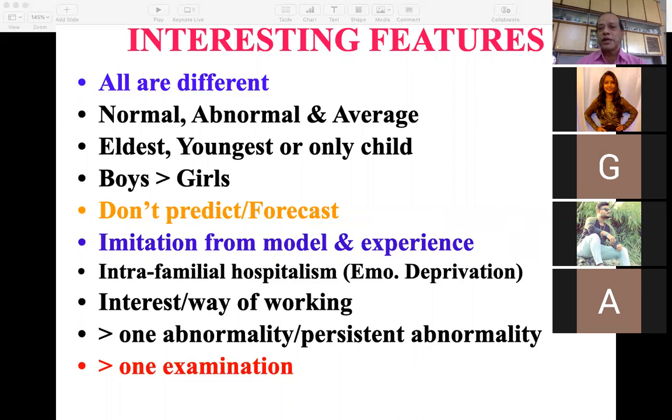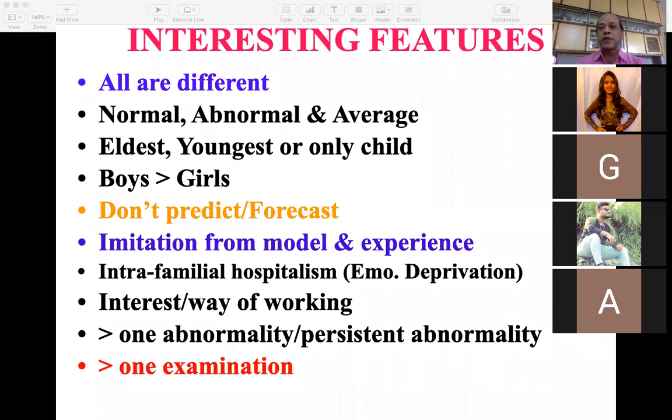To give a simple example again, we feel proud that my child or my relative who is only 1.5 years old can run a mobile phone, computer, laptop, anything. But the problem is, if he gets addicted to this, he will not try to learn other things, and then the problem starts. A child who was intelligent, with very good development of the brain, subsequently meets with an accident, has a brain damage, and becomes mentally retarded or has cerebral palsy. So that is very important. We should not predict or forecast.